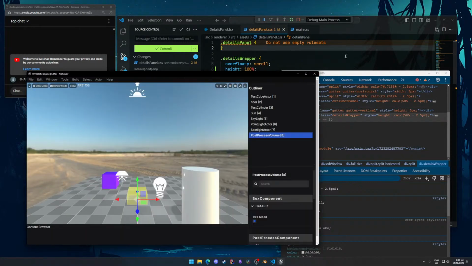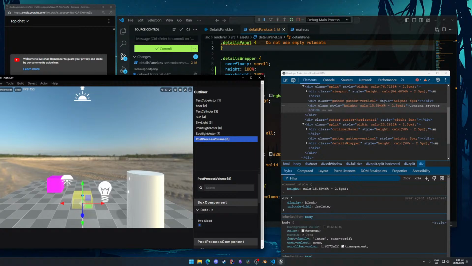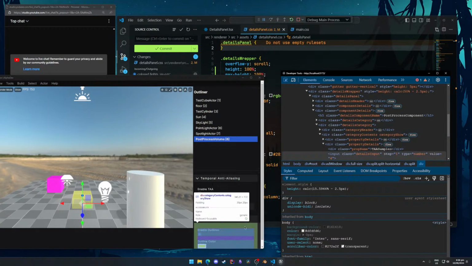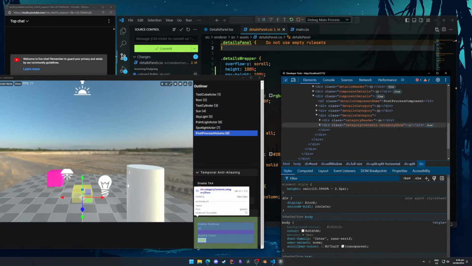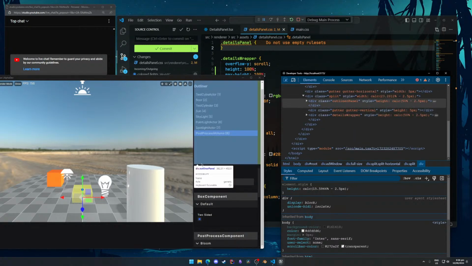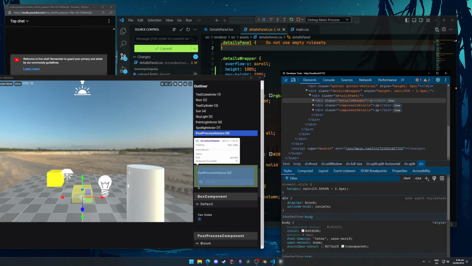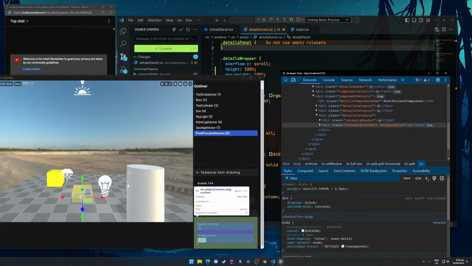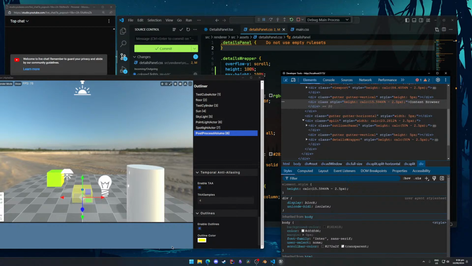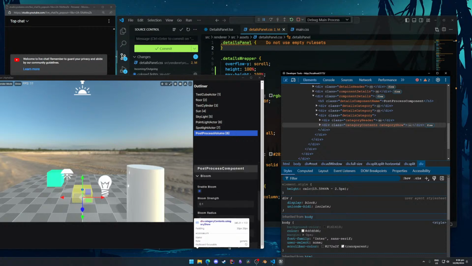And then in here, yeah, man, where is that overscroll coming from? I guess because this is getting pushed down too, it means that